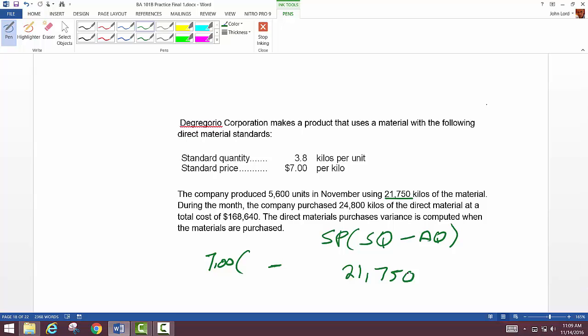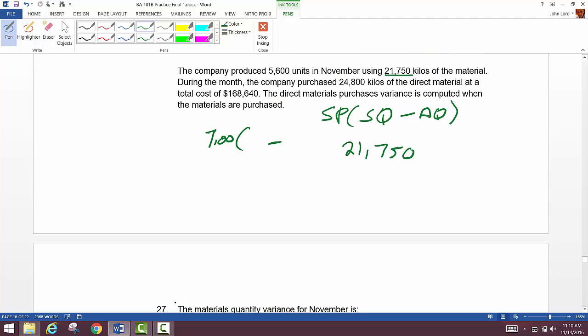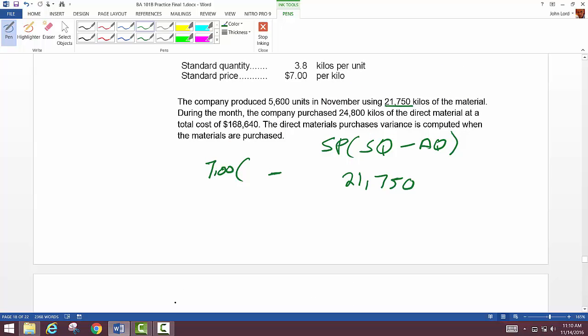Okay, so 21,750 is the amount that got used versus what? No. What are we doing here? We're doing quantity variance, right? Yeah. So what did we actually use versus what should we have used to produce these many units, right? That's the one that we have to calculate for the quantity variance. Good. Very good. Times the 3.8 that we were supposed to use, right? To produce these 5,600 units. And that comes to